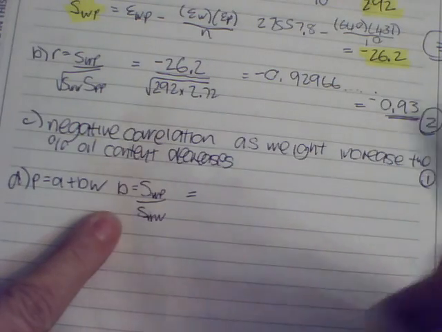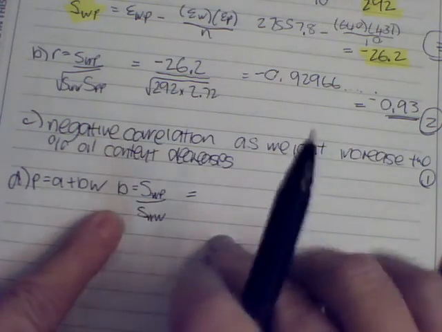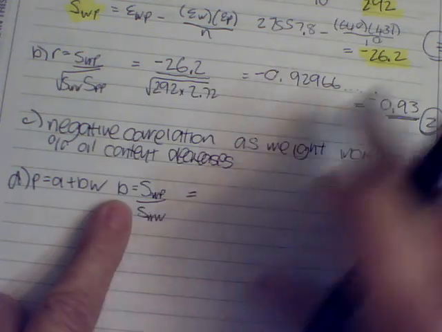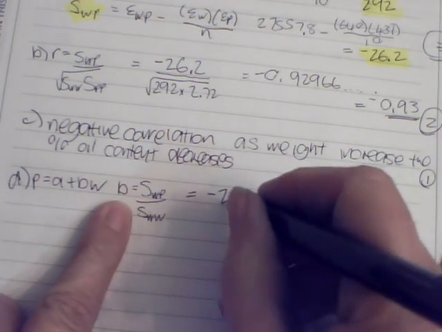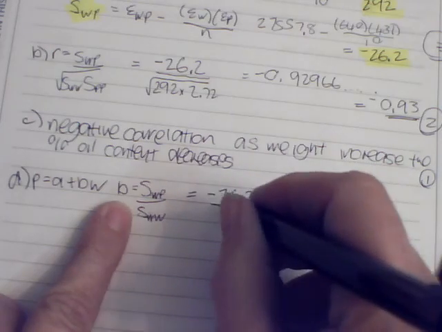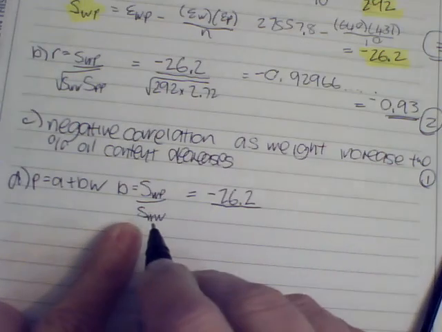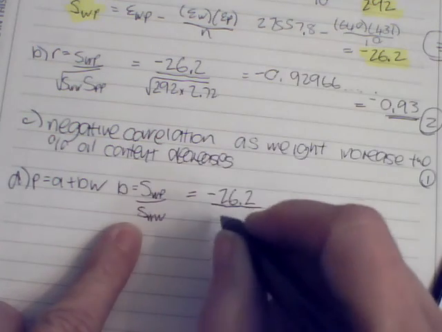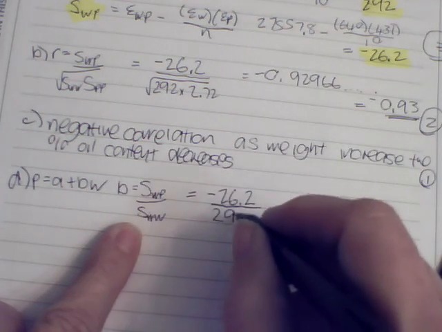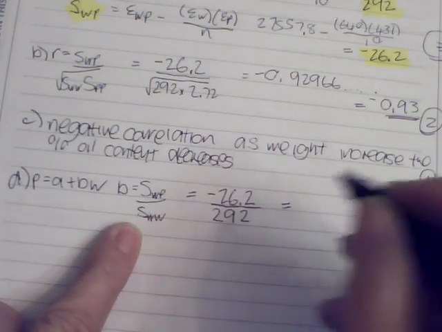These have got to be the easiest questions on all the papers. So we've got S of WP is minus 26.2, we worked that out earlier, divided by S of WW, we worked out right at the beginning, that's 292. So now we've got our b, which is